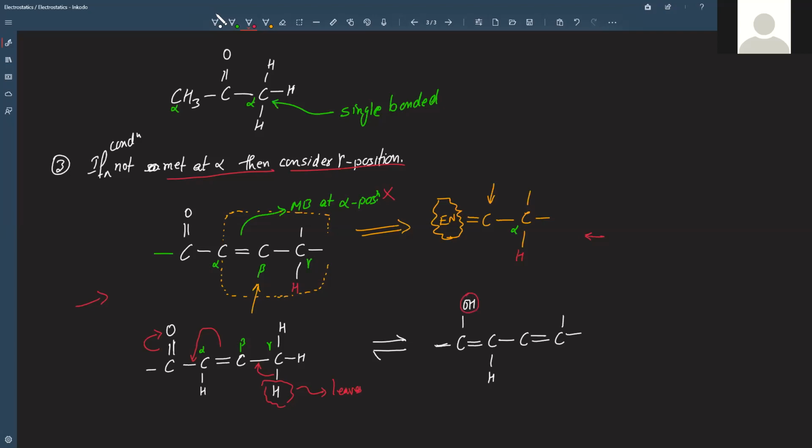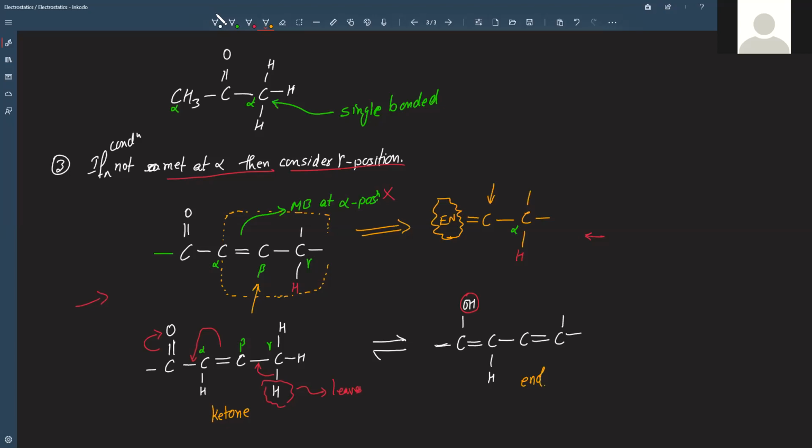Again, this is still a ketone. The first structure is still a ketone. And if you see the second structure, that is still an enol. Right? So that is about tautomerism. Again, we will have this tautomerism in the ketone chapter, the carbonyl compound chapter.